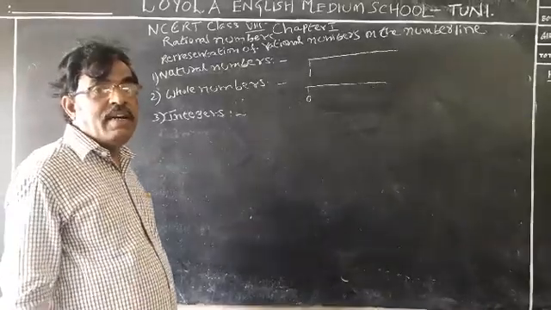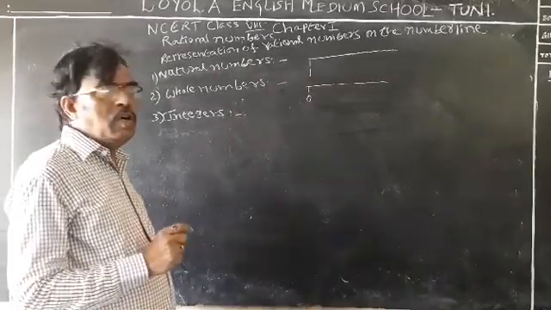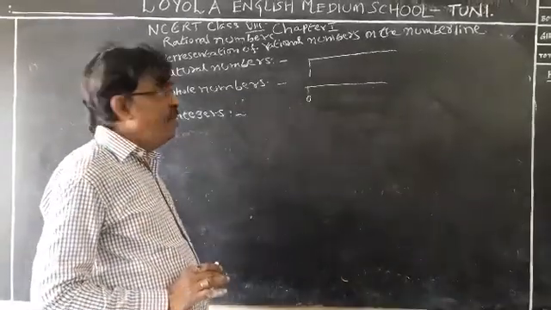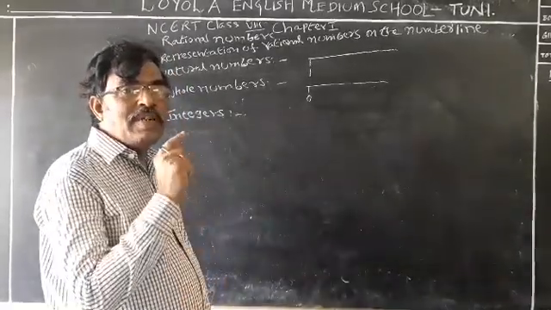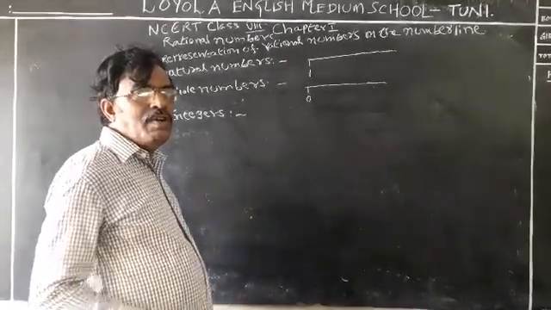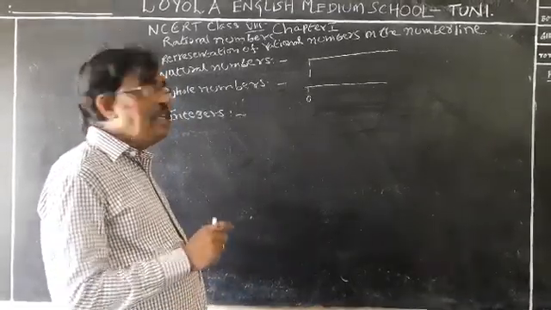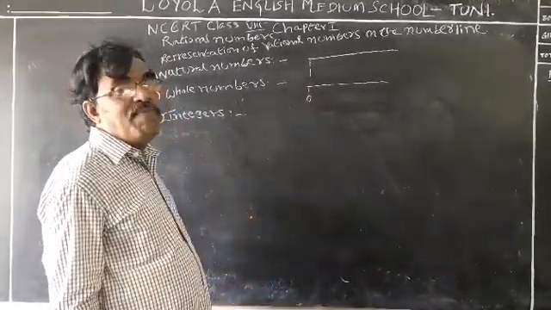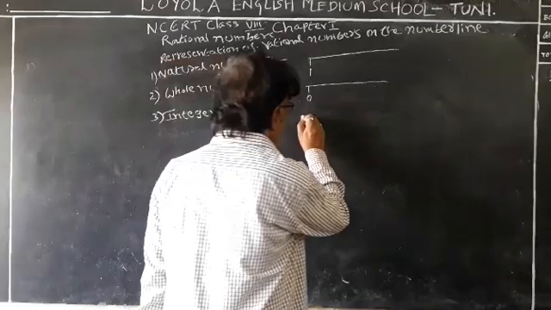what is meant by integers? All positive numbers, 0 and negative numbers together are called integers. You know pretty well. How do we represent integers? Here, all positive numbers are greater than 0. All negative numbers are less than 0. But 0 is neither positive nor negative. So all positive numbers are on the right side of 0 and all negative numbers are on the left side of 0. We can represent integers. Let us observe.